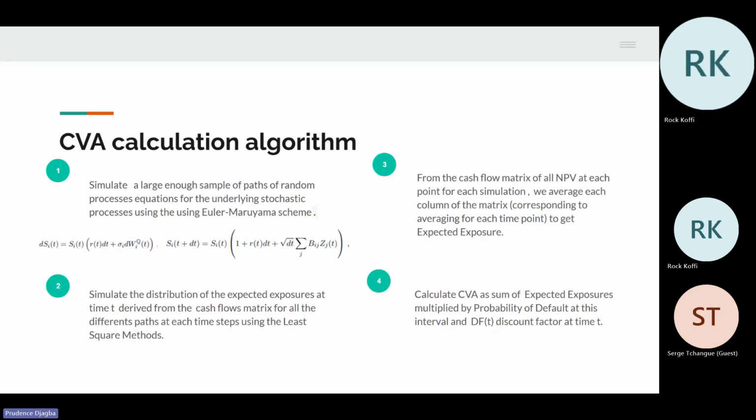That's where we just take the drift term as the interest rate r. But in the real world measure, I'm not so sure how we will be able to generate those paths. But in a setting where we assume the risk neutral measure,